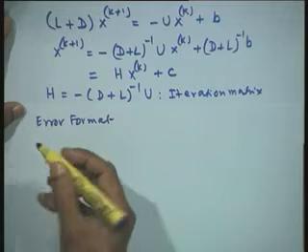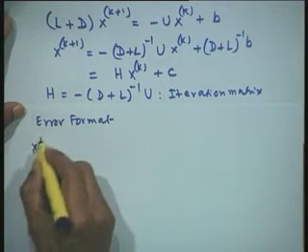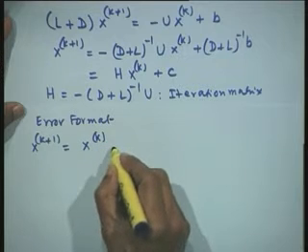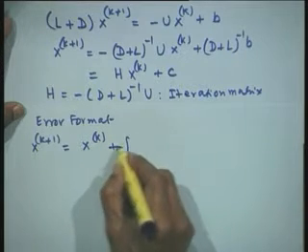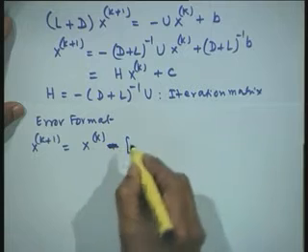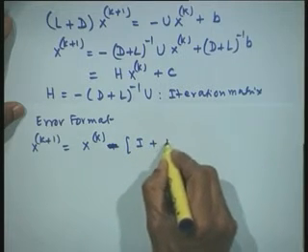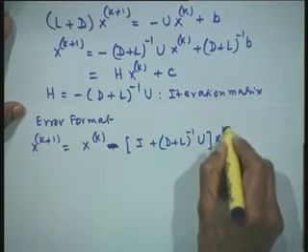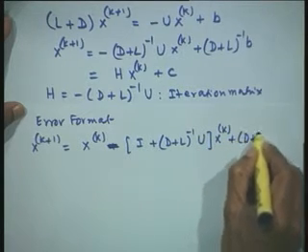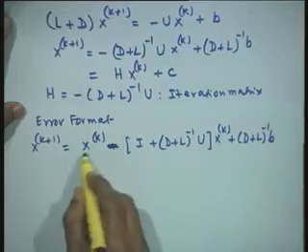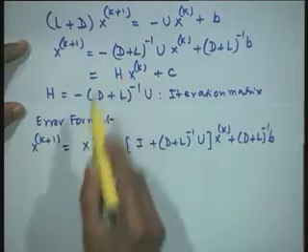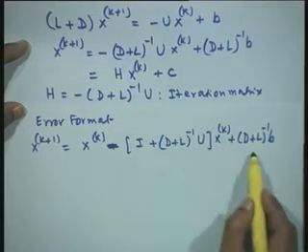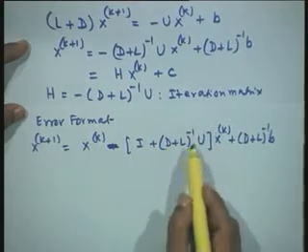So we shall write this as x^(k+1), and I add and subtract x^k here. Let us bring a minus sign here: I plus (D plus L) inverse of U x^k plus (D plus L) inverse of b. I have added and subtracted x^k in this expression, so x^k here minus x^k, and (D plus L) inverse of U I retained as it is. So I have just added and subtracted x^k.